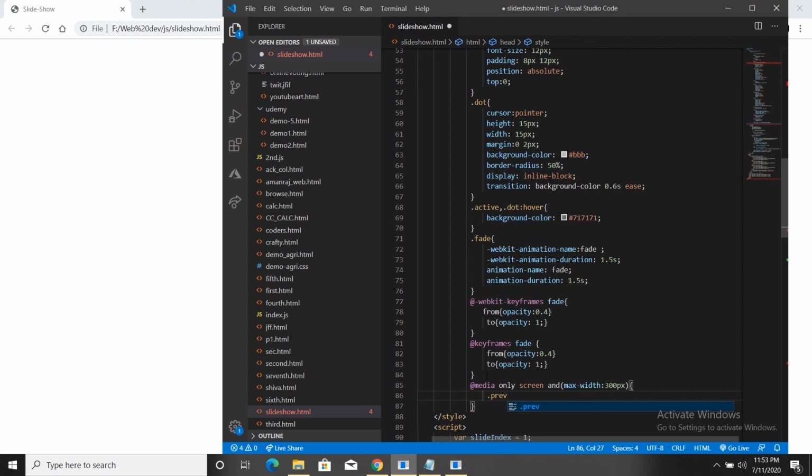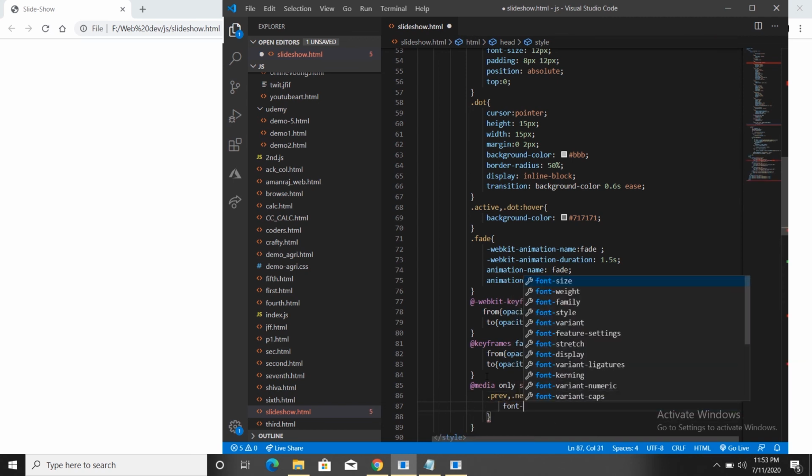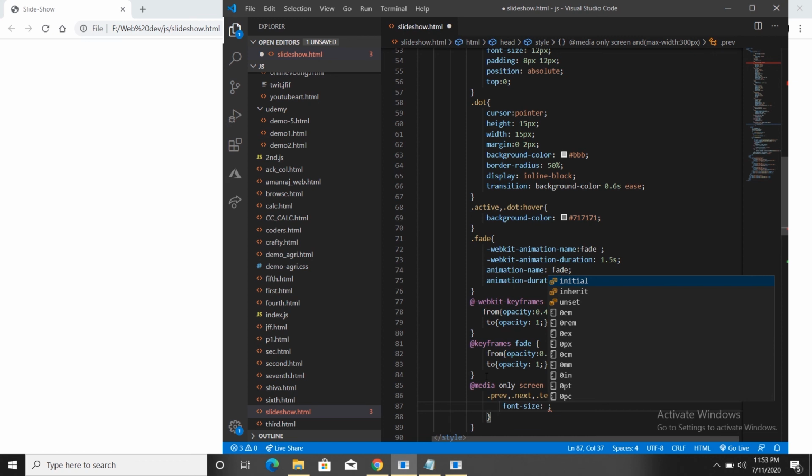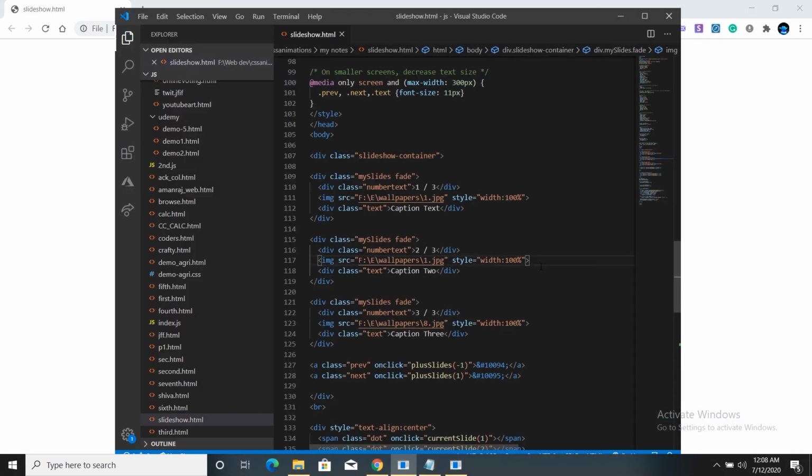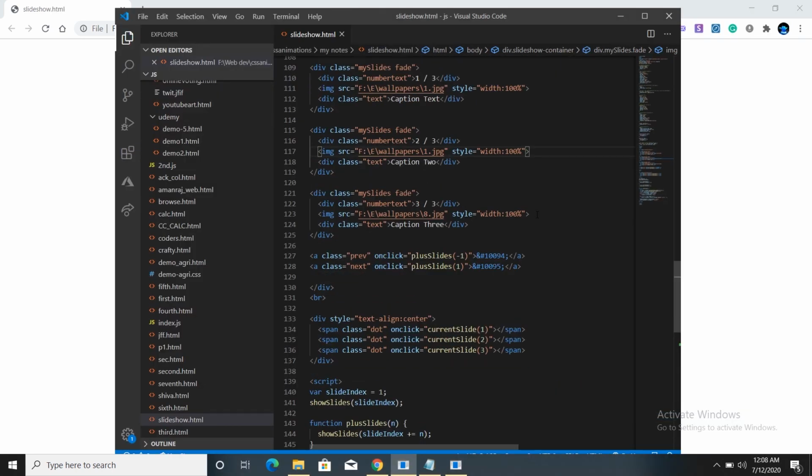Give values to the previous, next and text. Just give some smaller font size, because when I'm changing the screen size, the font size should decrease. Now I had given some comments for different sections, so that if a person is using my code, he will easily find the code and it will be easy for him.